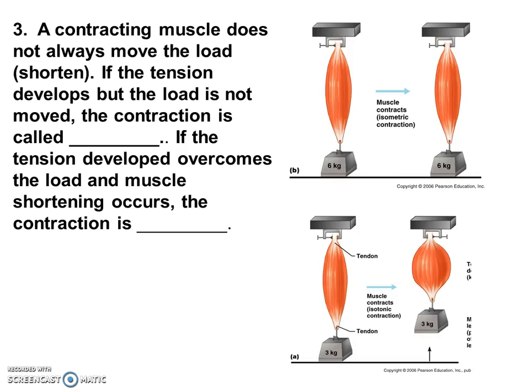A contracting muscle does not always move the load it shortens. The tension develops, but nothing is moved. Like if I push on a wall, my muscle is contracting, it's tight, but I can't move the load. That's called an isometric contraction. The load doesn't go anywhere, it stays the same distance. But if the tension develops and the muscle shortens and there is movement, that's called an isotonic